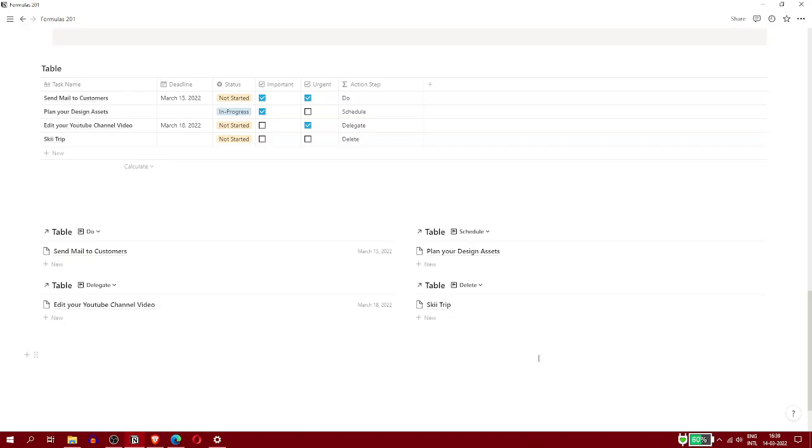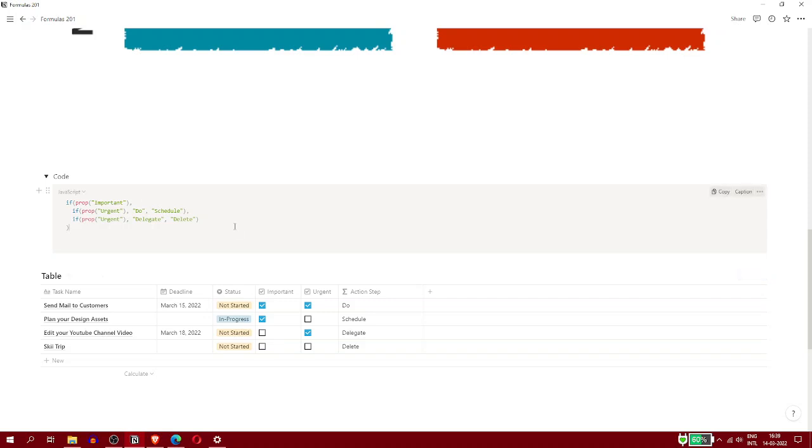That is one way to set up the to-do schedule, and you can add more. If you want to do something, you can go ahead and try it out. So this is one good example of trying out formulas. With this knowledge, I hope you can use formulas in a much better way.